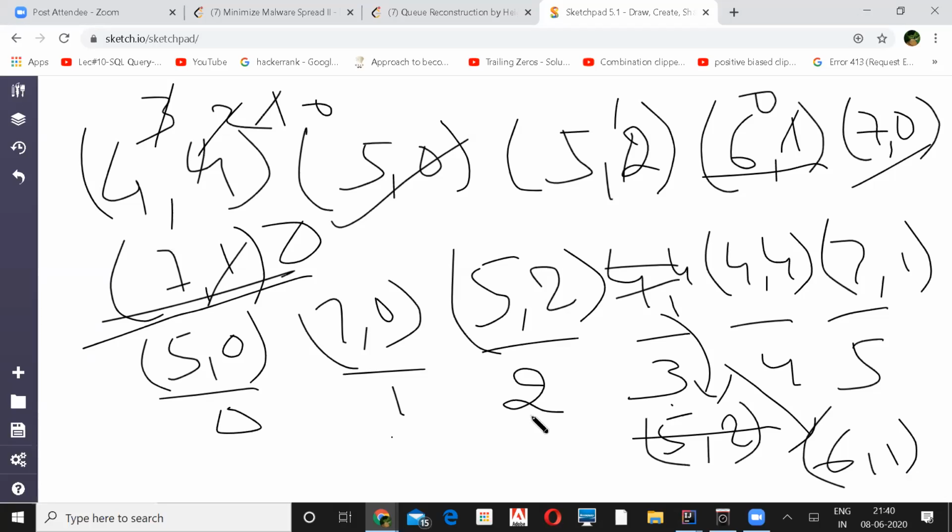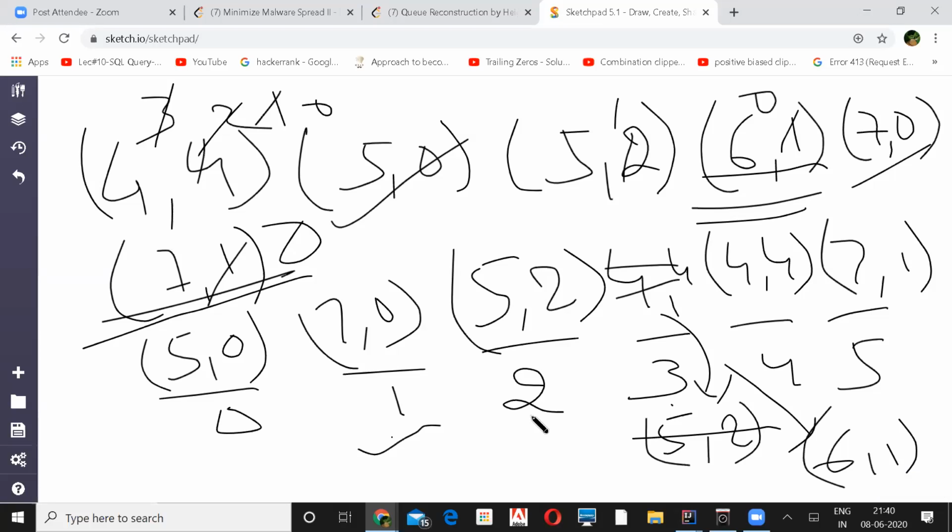Could you explain again? How do you know where you put 6,1? Okay. So initially my index is 1, right? But I have to check where the empty place is. When you go to this place, it is not a good place, because this place is already filled with 5,0. The 0th position was filled. Now you'll go to the first position, which was an empty space at the time.